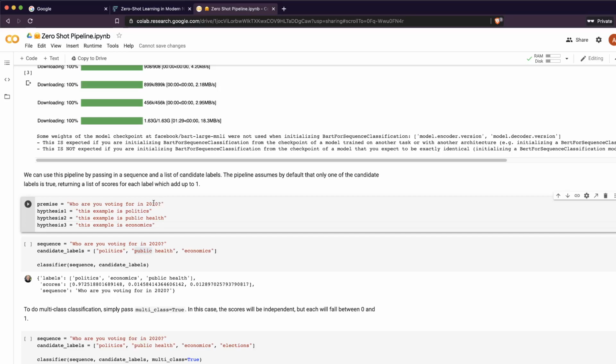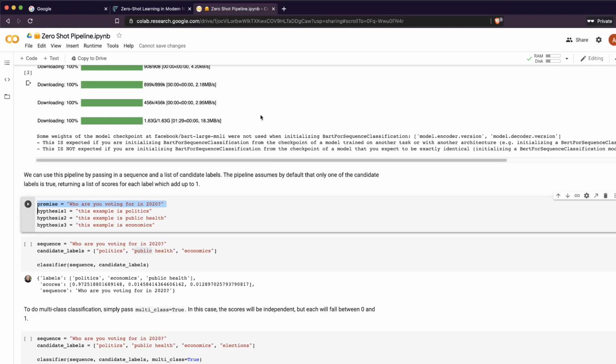So now what this model is ideally going to do is a sequence pair. It's going to take this premise and see whether this hypothesis, when you apply it to this premise, is true or false, what's the score. Then it's going to take the second hypothesis and the premise, and the third hypothesis and the premise. When doing this, it gets the scores and presents them to you. That's what it is basically doing, in a very abstract explanation.